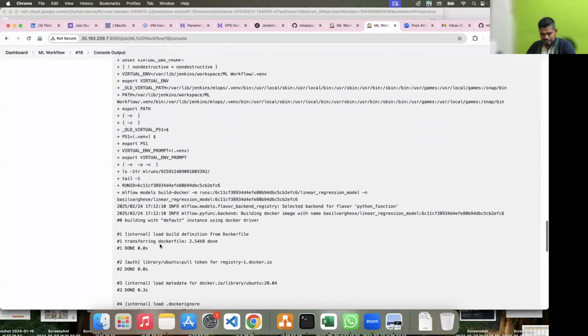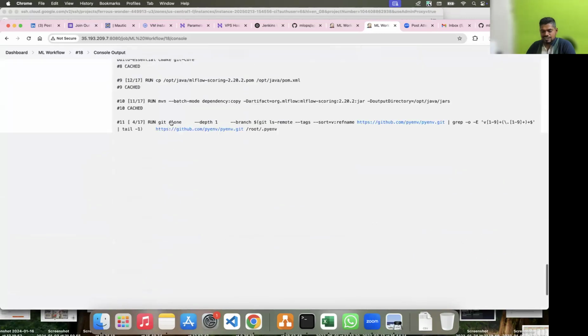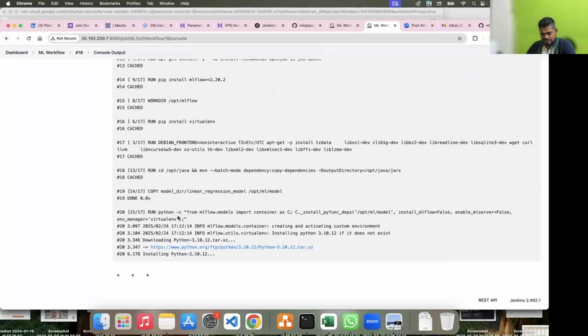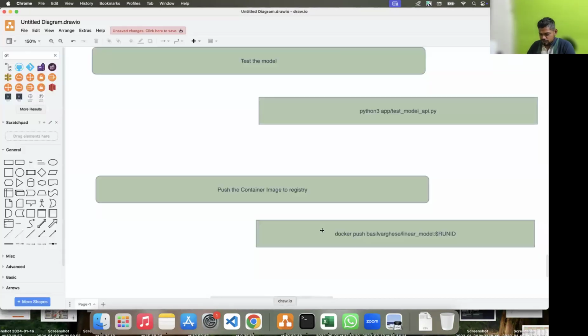Yeah, whatever that is, they are all working. So it's now building the container image, which I believe will take time. Once it builds the container image, then it will go to the next step of